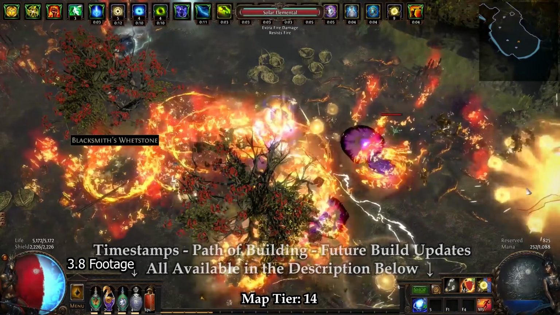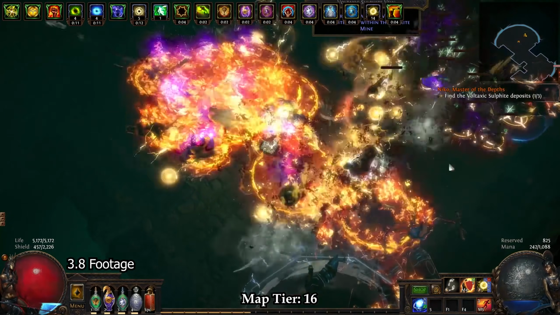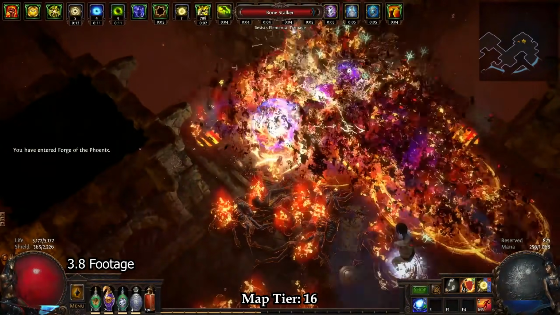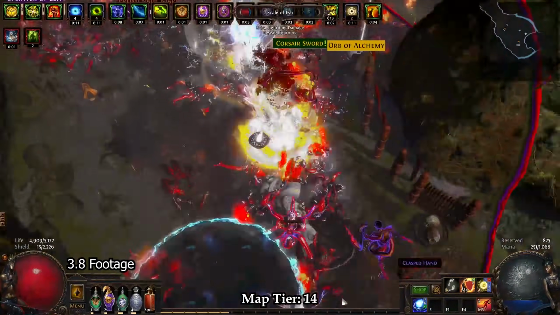Defensively, the build pushes over 8,000 effective life, has consistent fortify, a cast when damage taken steel skin support, extremely crucial access to stun immunity from both Escape Artist and from various nodes on the tree, consistently leeches both life and energy shield, and finally features a high block chance, reasonable chance to evade, some attack and spell dodge, and